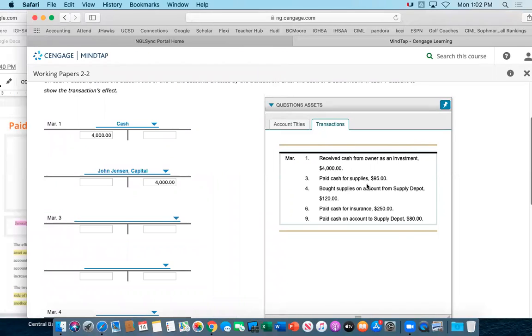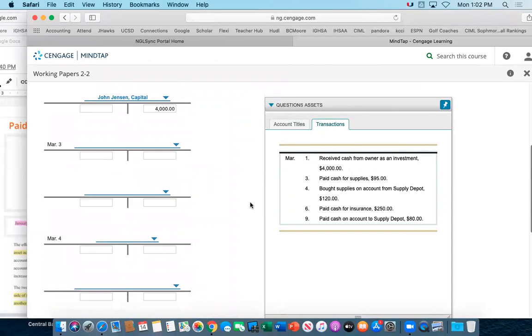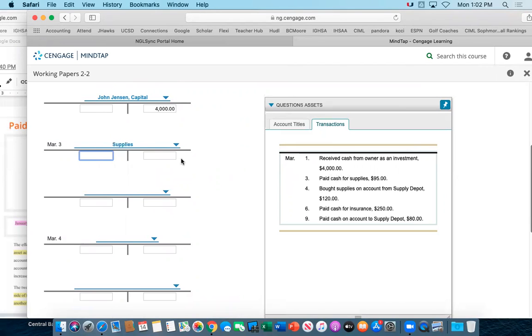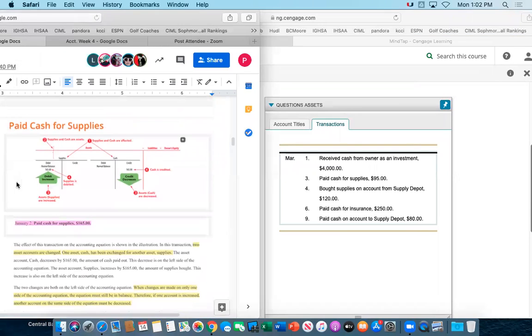All right, it says paid cash for supplies, $95. Which two accounts are being affected March 3rd? When we have a cash payment, we know we're crediting cash, right? We said that we're paying cash for what? Supplies. So supplies is being debited because that is what we're gaining. Here, where it says paid cash for supplies in your notes, it tells you debit supplies, credit cash,